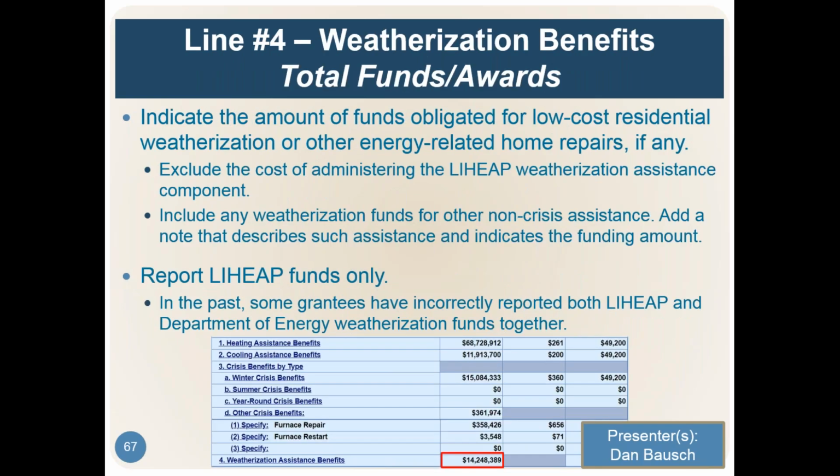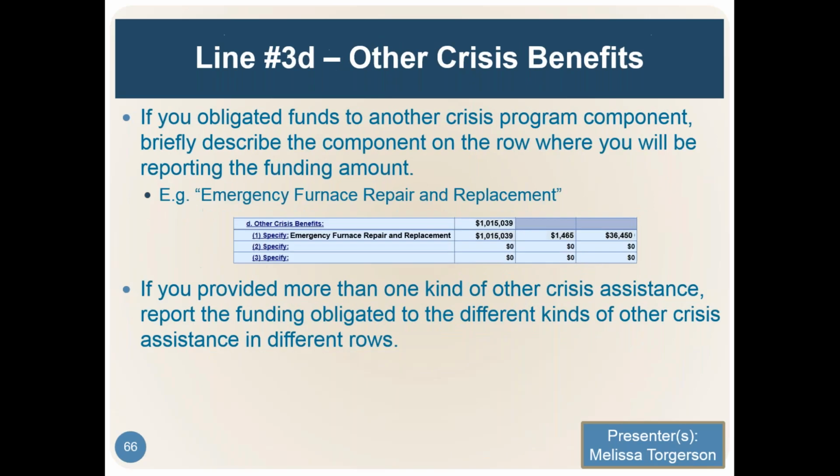One other thing to keep in mind with crisis reporting is that flexibility that Melissa talked about. Along with that, you may have seen a lot of this guidance in past webinars on the household report. So you want to make sure as you're completing your grantee survey that if you determine your crisis program is a winter crisis program, then there should be households reported for winter crisis in the household report and funds reported in the grantee survey for winter crisis. We shouldn't see winter crisis households in the household report, but then households under year-round crisis assistance in the grantee survey, for example.